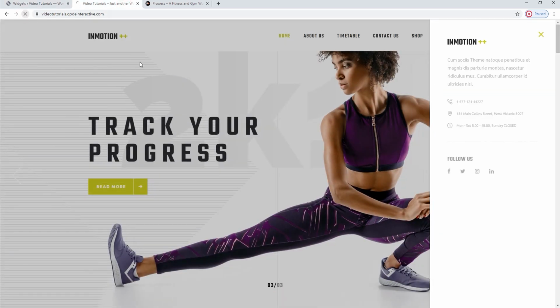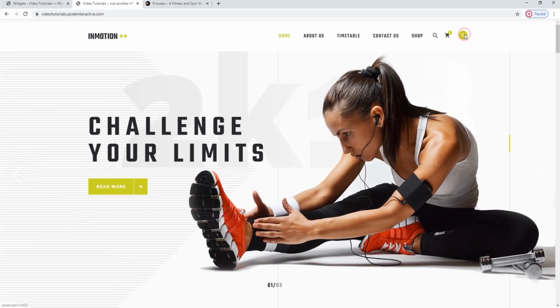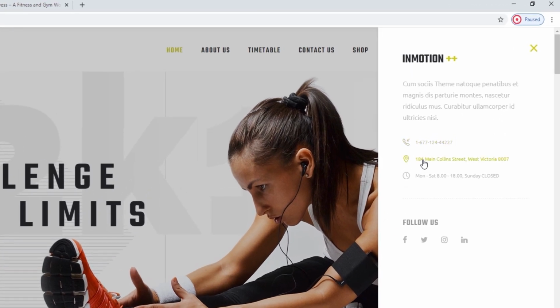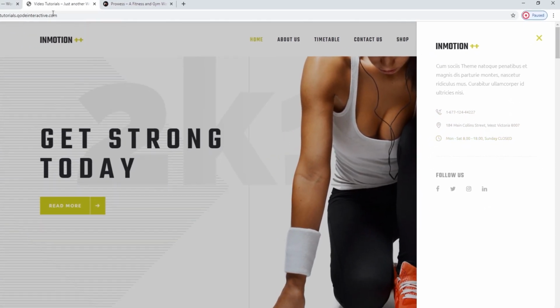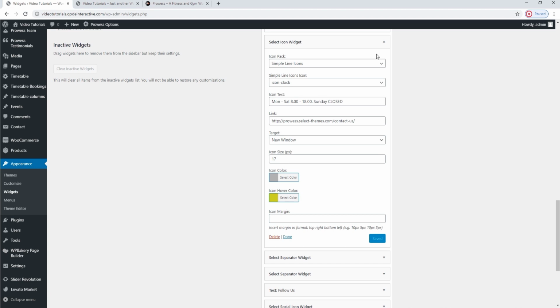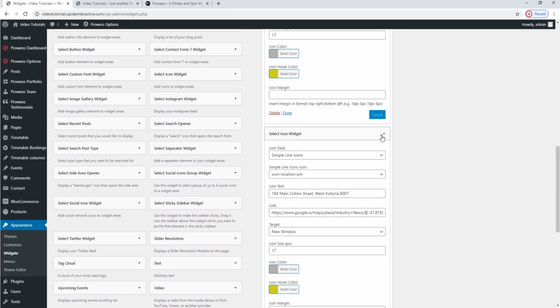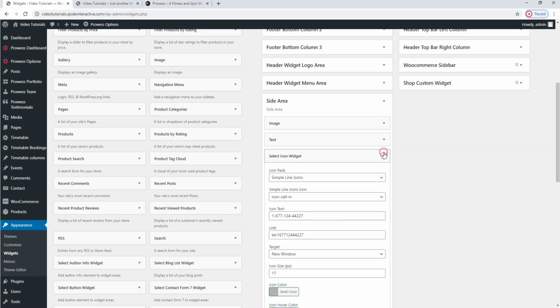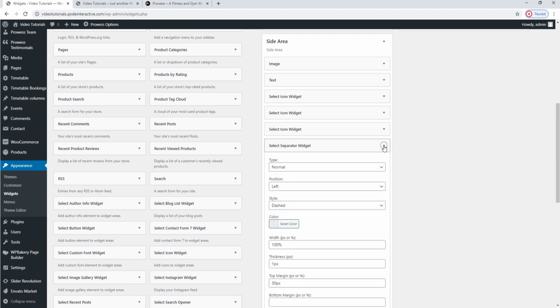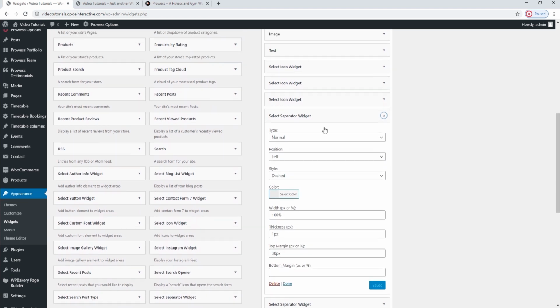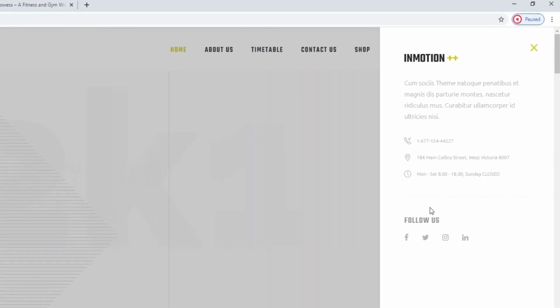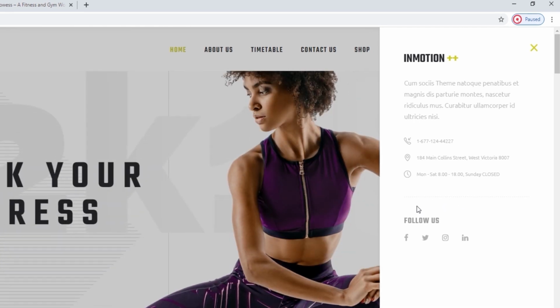Now we'll refresh the page to see how our new hover color looks. Everything seems fine, so we'll move on. In the back end, we'll close the tabs we don't need anymore. The next thing we will focus on is the separator widget. Maybe you haven't noticed it right away, but if you pay attention, you can see it here separating icons in